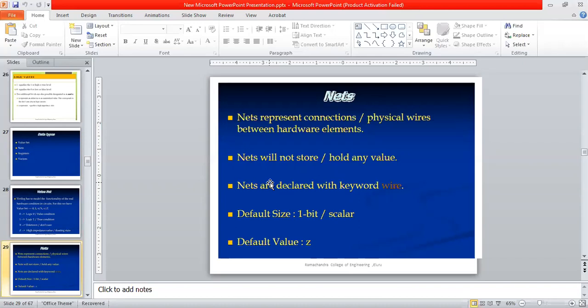Nets are declared with the keyword wire in our HDL language. Whenever we want to describe a physical connection in our hardware description language, we use wire. What is the default size? The default size is 1 bit.